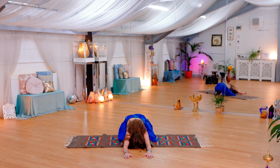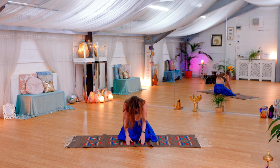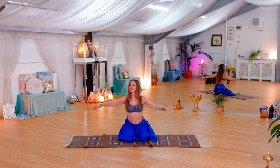And take a deep breath here. As you breathe out, you can gently begin to unwind through your low back, and your mid back, upper back, shoulders, neck, and your head. From here, we're going to come towards one side of the mat. So if you have a support, you can take it out from underneath you and place it towards one side